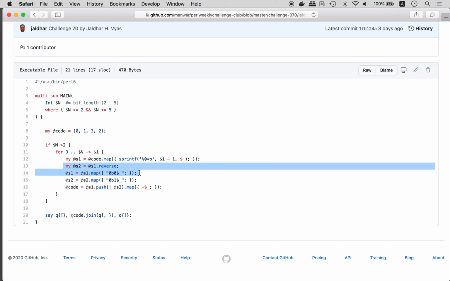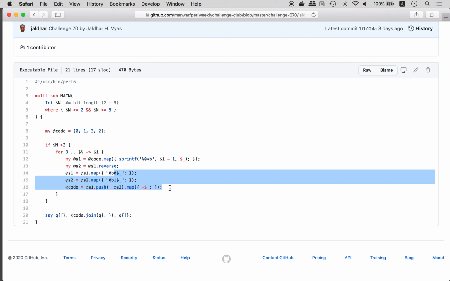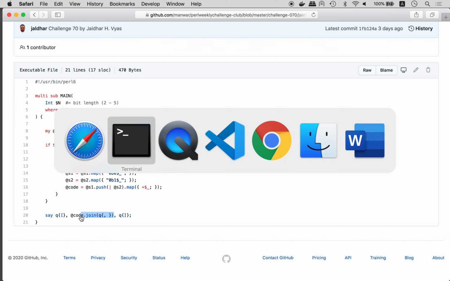Right, so then we reverse it, then we map by prepending this 0 and 1 and explicitly printing it as a binary string of binary representation, and then we push the second list to the end of the first one, and meanwhile we convert everything to an integer again. So here we have strings with binary representation, and here we have already an integer, actually a decimal integer, right? After that we can prepare the output with quotes outside, with brackets outside and comma separated list inside, right? Okay, Raku,